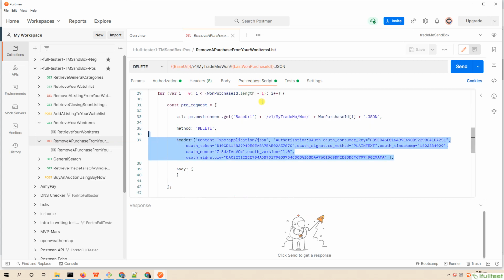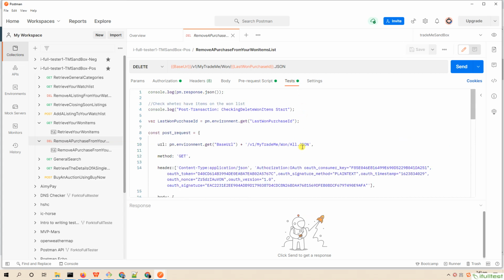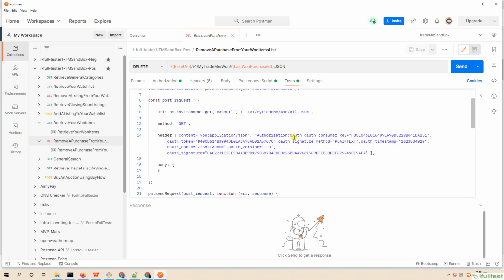Till now, we have fulfilled the purpose of removing all items on the one item list, but we still need to verify the final result through assembling the upstream API, retrieve your one items. Look at the code. First, assemble the upstream API with authentication related information.